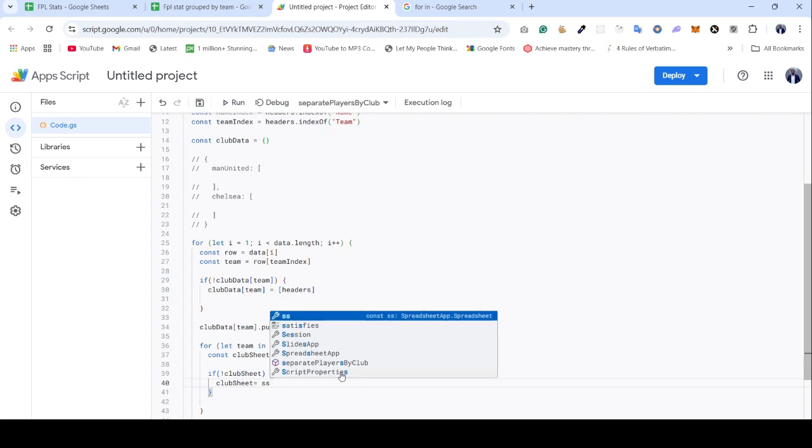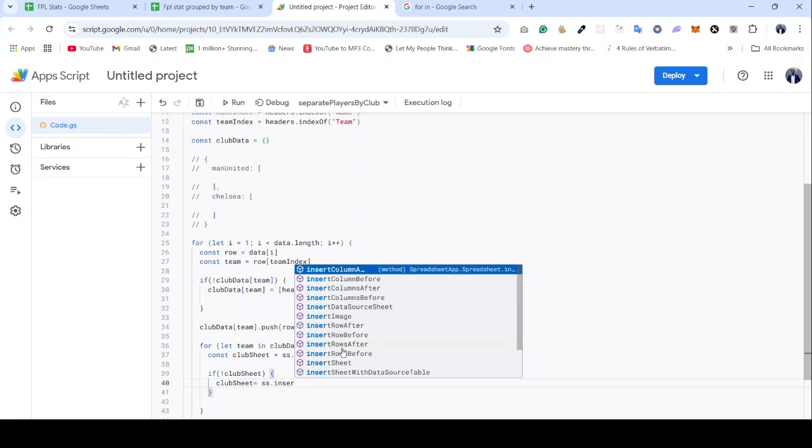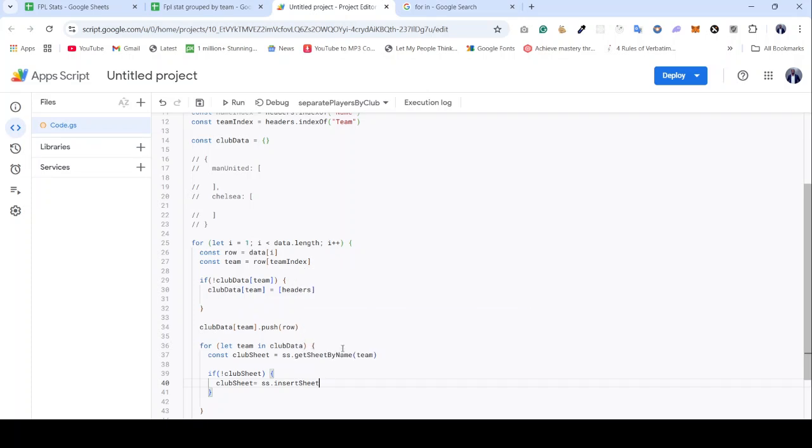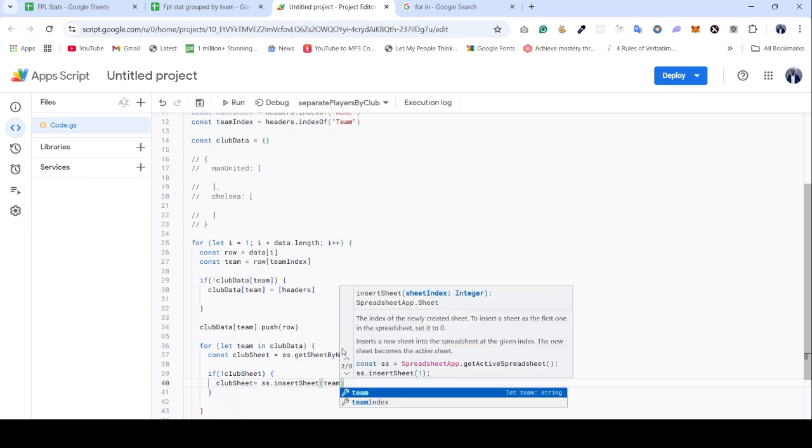So we do this by using SS. SS gives us some properties. Our active spreadsheet gives us other properties inside. These are the list of the properties it gives us. So it gives us insert sheet, then insert sheet the team name,